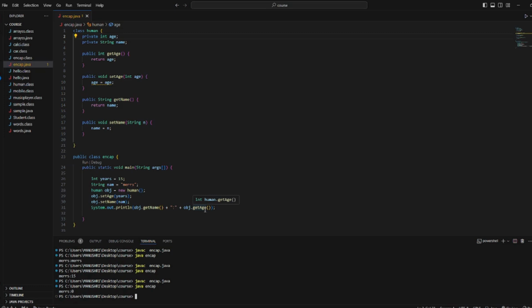Okay, so let me explain why this problem is occurring. Of course, as I said earlier in the previous videos, there is stack and heap memory, and stack is used for each method. So for each method, a new stack will be created, and inside the heap memory our objects will be created for each class, right?